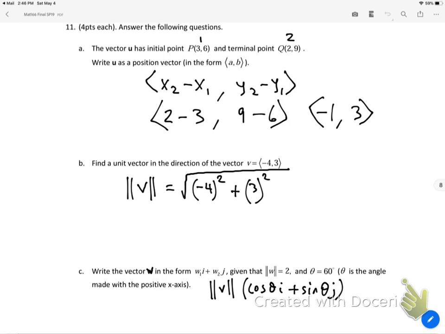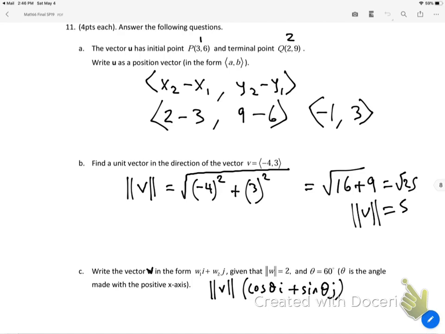Right, if you remember unit vectors, so we just plug it into this equation here. Now, first of all, you're finding the magnitude. You've got to find the magnitude of this particular vector. So this is the equation to put it into. It's just this. So that's going to equal the square root of 16 plus 9, which is the square root of 25. So that equals 5. Okay, that's the magnitude. The magnitude of this vector